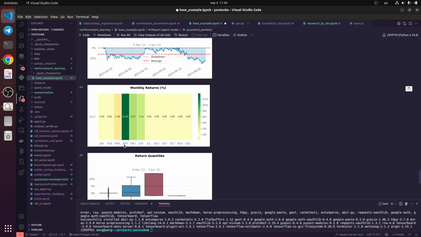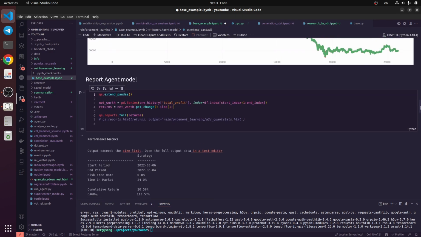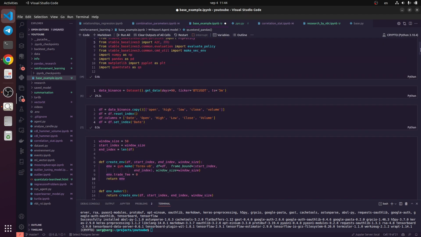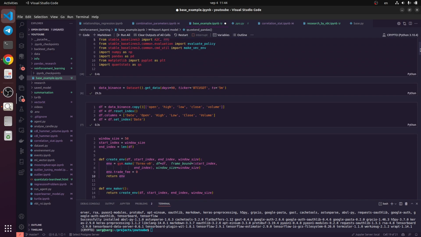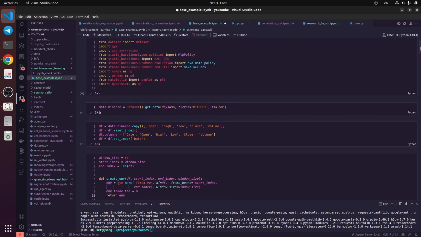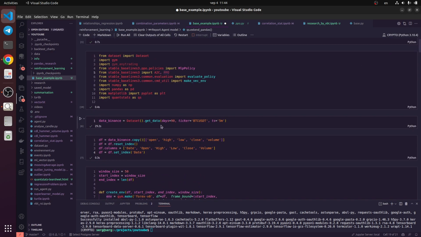And you see, for example, in April it's working very nicely, but in May it's working worse than the previous months. Okay, it means we have some base notebook, and what you could do, you could change parameters for the dataset and